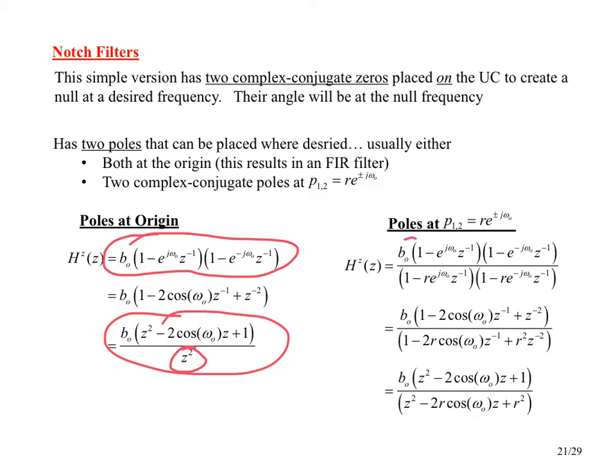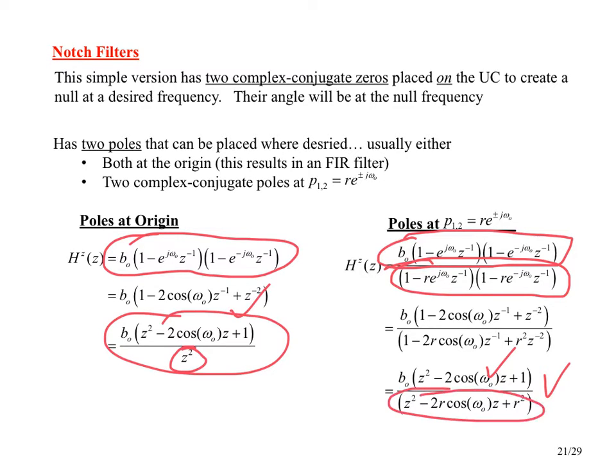Likewise, we could start off with that same structure in the numerator and put two explicit poles in the denominator. And then after converting with a little bit of algebra and getting back into the z form, we get something that looks like that. So the numerator is the same as before. Our denominator now is something that's going to give us some generic poles rather than just poles at the origin. Okay, so that's